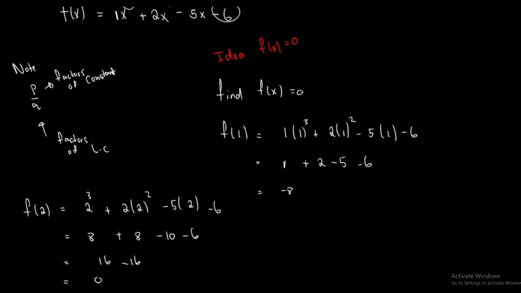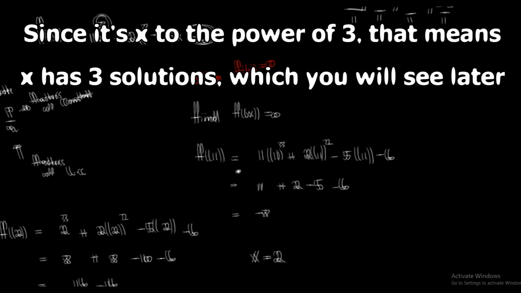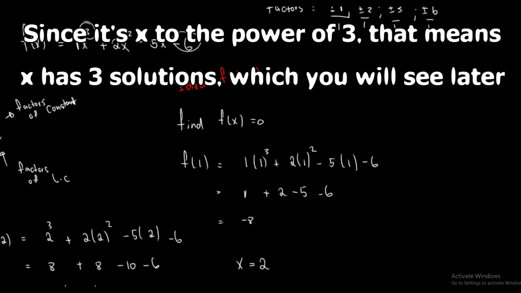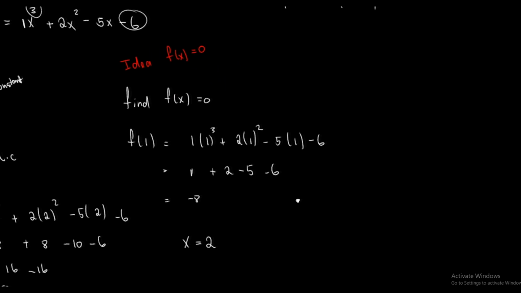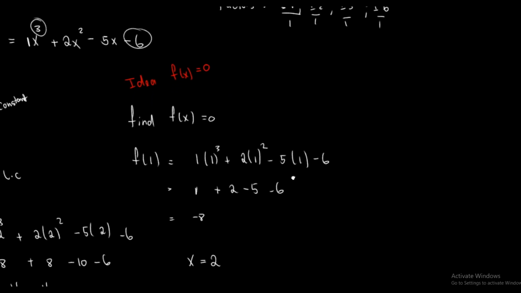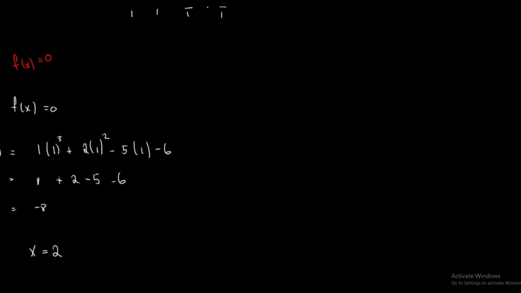Now what's the point when we find f of x is equal to 0? Well, after using the rational zero theorem, where we found the 0, we can now say the first x of my equation, because remember, all we're trying to do here is find my 3 x values with this theorem. So my first x value is then 2. Now that we have this 2, we can move over to a new concept, which is called synthetic division. You can also do long division, but I'm going to do synthetic division. So let me rewrite this function. This function was f of x is equal to x cubed